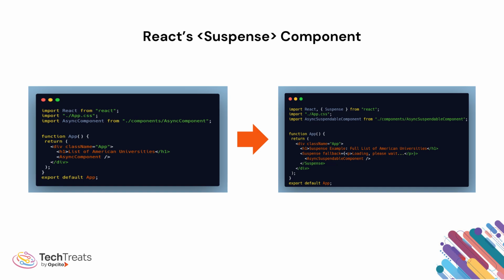This limitation has been addressed in the latest version of React, making it possible to use the suspense component for data fetching. The suspense component simplifies the asynchronous data fetching process and loading display. It can be wrapped around a component that handles the data fetching, enabling developers to display a loader component coded in a declarative way in their layout. You can see on the screen an example of the previous method of incorporating loader logic within a component to